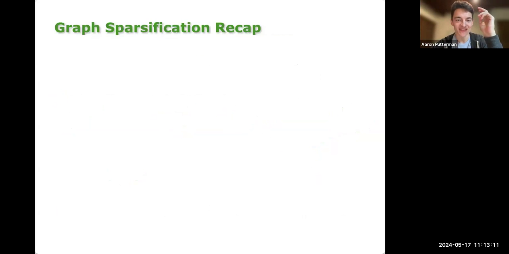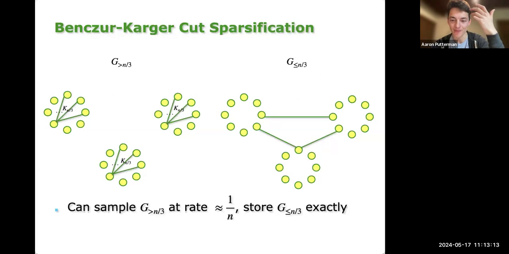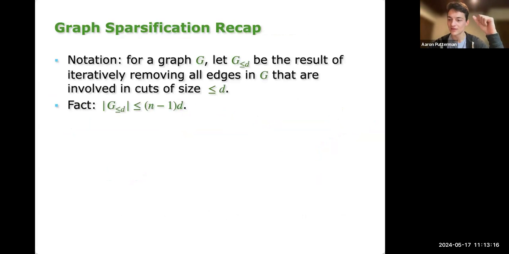So it turns out that this is actually a general operation that we can perform. So we can choose some parameter d to parameterize the minimum cut. And we'll let G less than or equal to D just be the result of iteratively removing all edges in G that are involved in cuts of size less than or equal to D. And a clean bound that we can see is that the size of this graph is always at most n-1